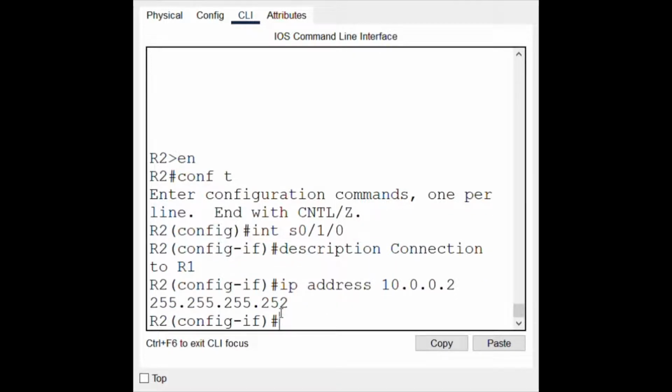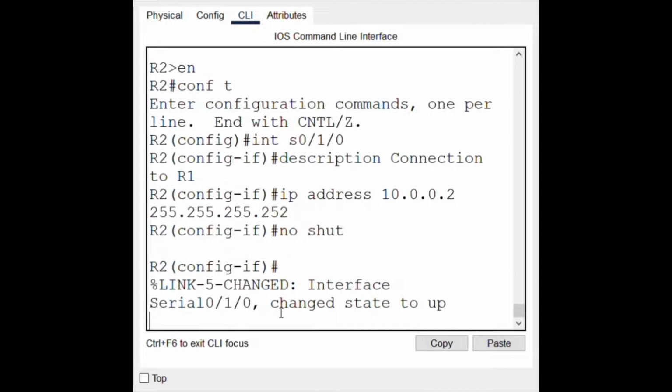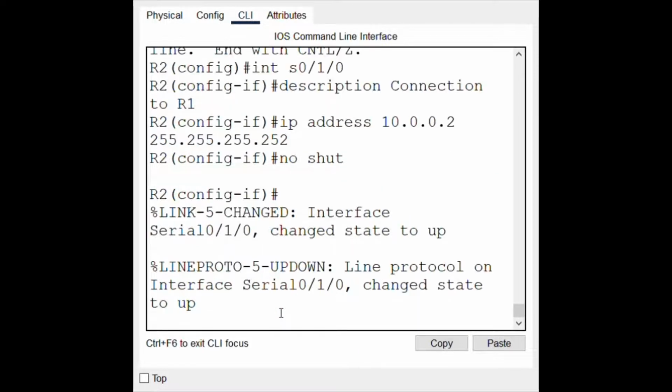This side is the DTE connection, data terminal equipment, as opposed to the other side that I connected the DCE connection, data communications equipment. The DTE side does not get the clock rate as the DCE side did. So all that is necessary here is for me to enter the command no shut. And we will see that it will tell me it has changed its state to up. I can now proceed with my configuration